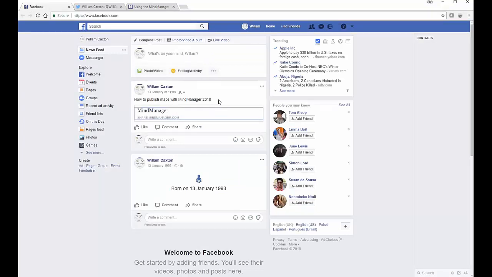So I published that map, and then I said publish it to Facebook as well. What it does is it asks you for permission to access your Facebook account. It asks you for the text that you want to add, and then it creates a post for you with the link to that map in it. So Facebook users can read a couple of lines and they can click on that link and view the map